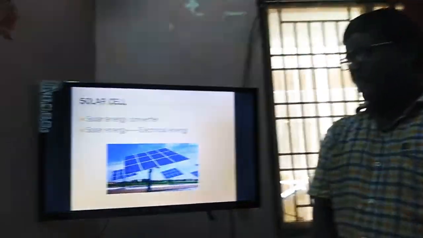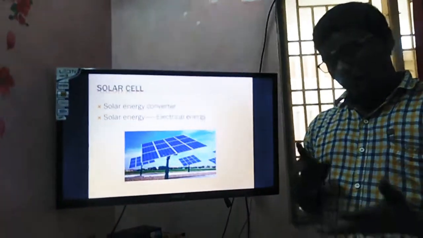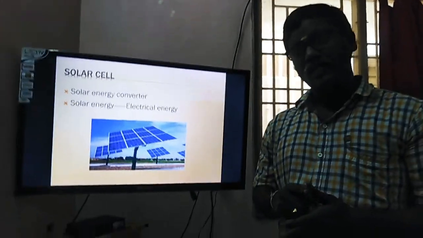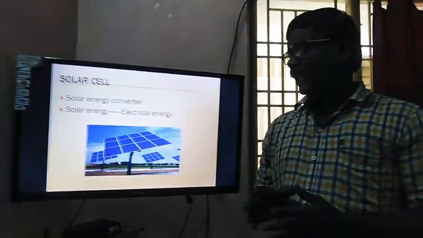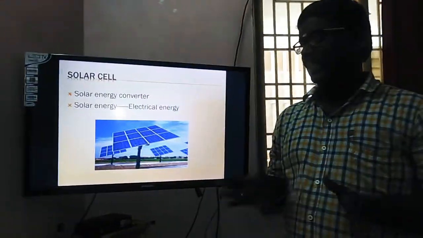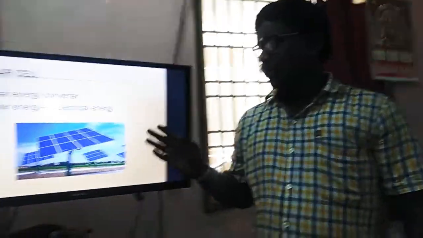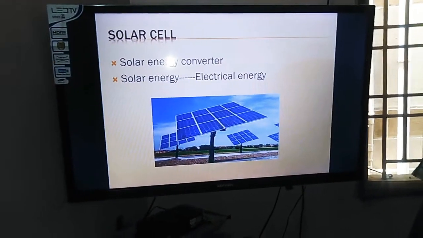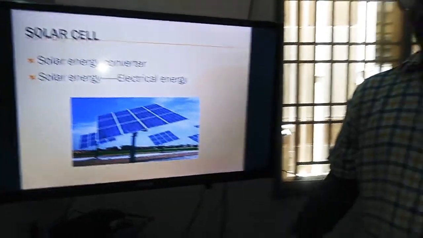sessions. First we discuss the solar cell. Here we cover the solar cell, LED, photodiode, organic LED, and their applications. Mainly, a solar cell works without any biasing, with no battery connections. The solar cell is a solar energy converter. Solar energy is converted into electrical energy. So this is the